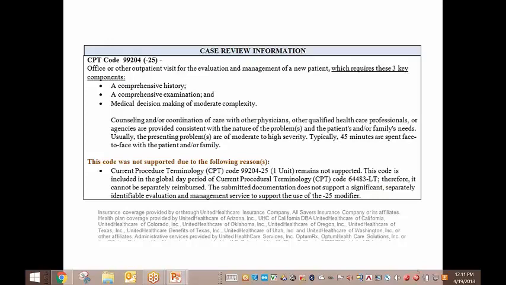We're also receiving from Blue Cross and Blue Shield of Illinois rejections on visits with modifier 25 without even the request for medical records, and they're telling us that it is